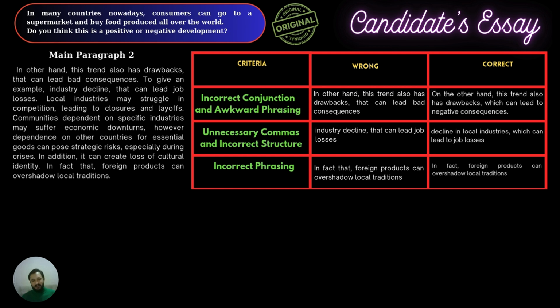In fact, that foreign products can overshadow local traditions. Oh, so good explanation. But in fact, that is incorrect. In fact, or as a result should be used instead. Okay? So, in fact, foreign products can overshadow local traditions, but I like your vocabulary. So,